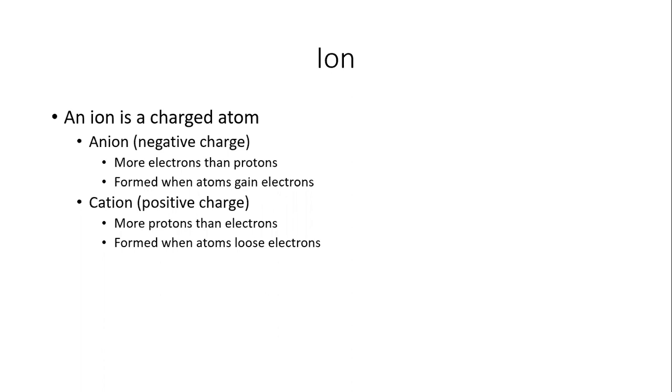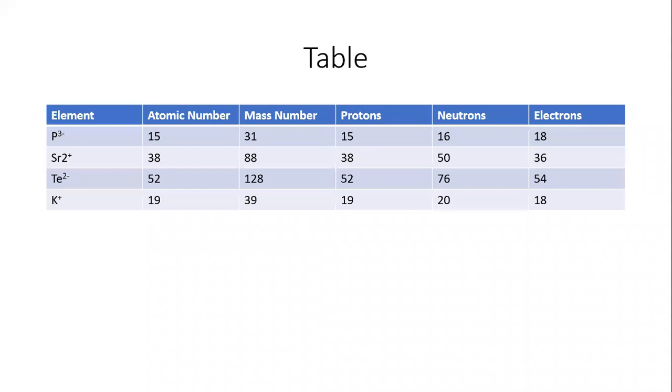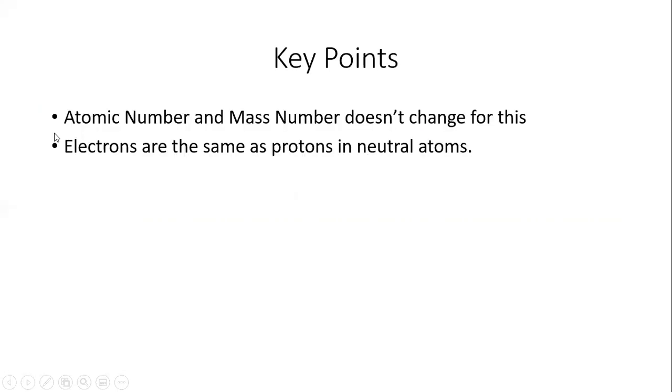And an anion is formed when atoms gain electrons. A cation is a positive charged element. It has more protons than electrons, and it is formed when atoms lose electrons. So this is a similar table, different elements though. So we can go over this. The first one